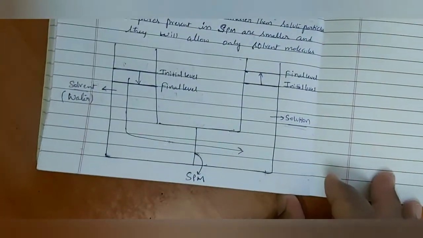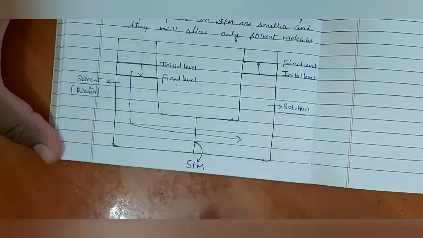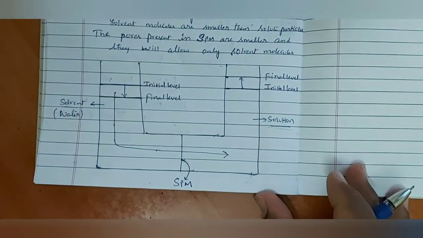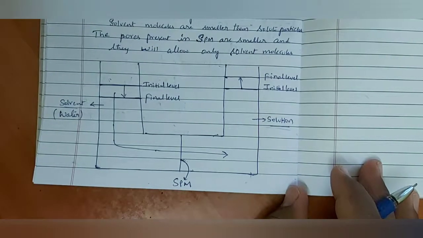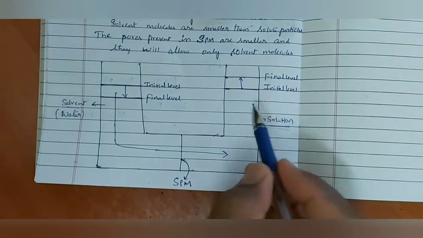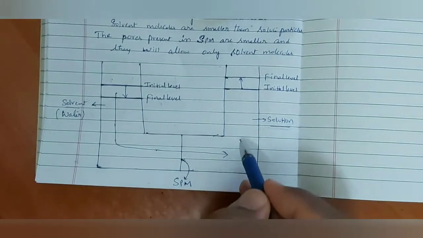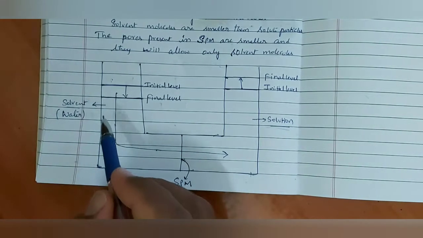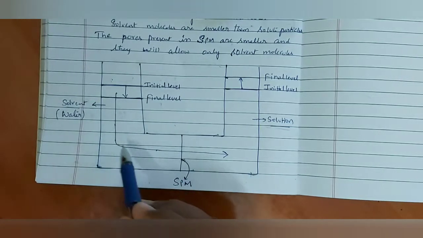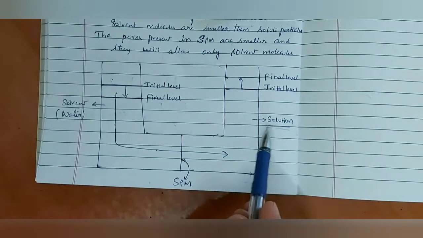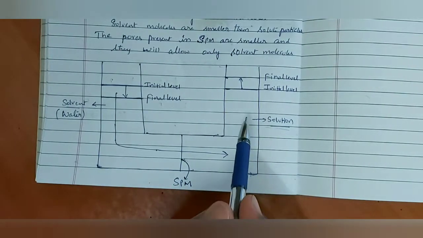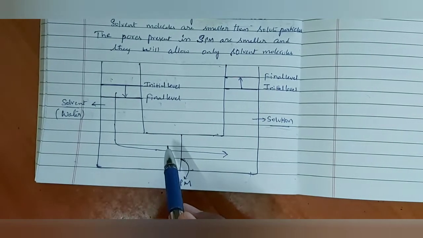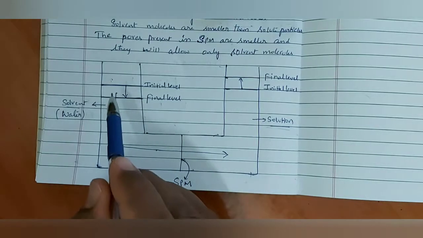Now coming once again to this U-shaped tube. Students, if they observe correctly, will ask one doubt. In the solution also we have solvent molecules. Here also solvent molecules. Then why are solvent molecules moving from the solvent to the solution side only? Even on the solution side there are water molecules. Those water molecules should move from the solution to this side, and there should not be any transfer like that. They will feel so. But this is not the actual process here.